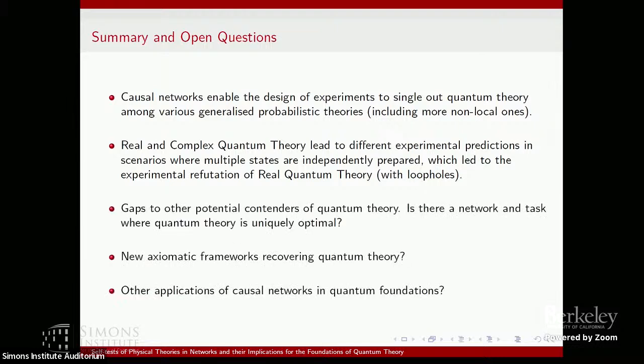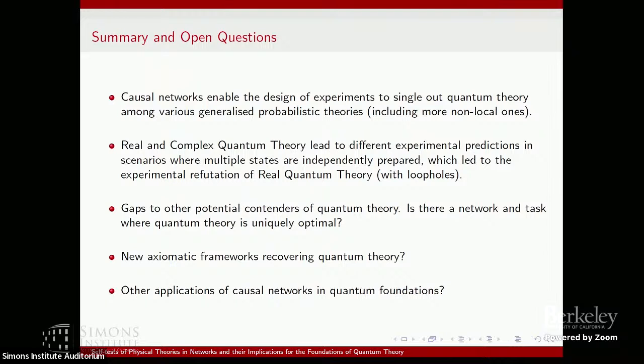Okay, now what more is there to do? I think a lot actually. For one thing, there are other theories one could come up with in this generalized probabilistic theory framework, theories people come up with. So really having a statement that quantum theory is, if possible, uniquely optimal somewhere would be very powerful, because it could rule out also future theories we can come up with. And so this is still a very interesting question, whether there is such a network and such a task, where also many things still have to be clarified.